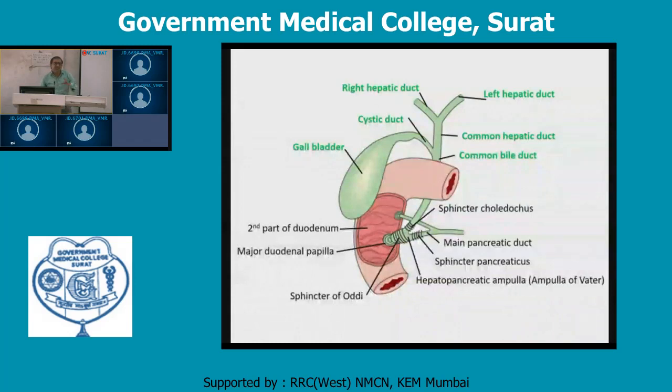One elevation is there in the second part of the duodenum on the posteromedial aspect, and the tip of the elevation possesses the opening of the ampulla of Vater. So this is the course of the common bile duct: supraduodenal, retroduodenal, infraduodenal and intraduodenal. Now we will go for the important relations for each of these parts.